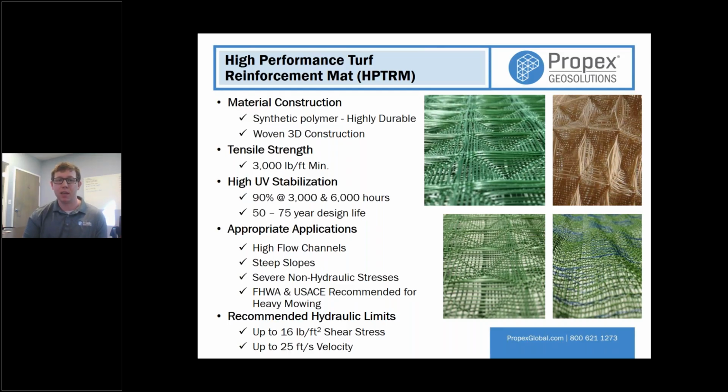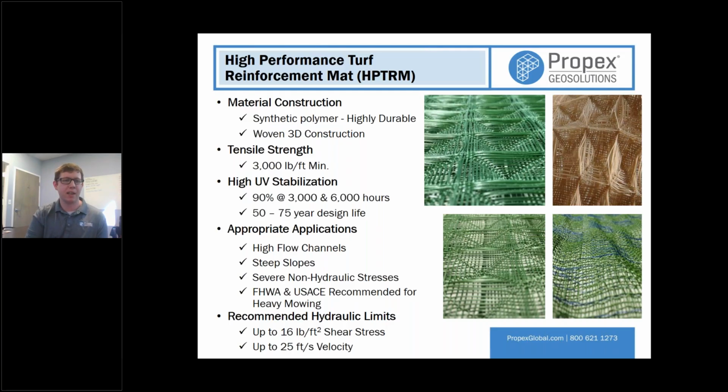So an HP-TRM is a synthetic material. It's very highly durable. The majority of them are woven 3D construction. There are some different photos of different materials out there. There are some other composites, but the majority of them that are used have that woven construction. One key differentiator is the strength, the durability. The minimum requirement for an HP-TRM is a strength of 3,000 pounds per foot. With these being woven materials and having multi-directional strength, you typically have a cross machine direction and a machine direction that have different strength properties, but both of them have to have a minimum strength of 3,000 pounds per foot. These typically have a much higher UV stabilization,